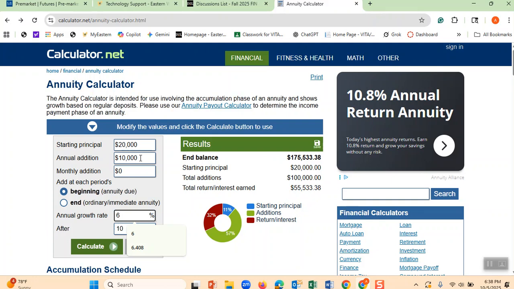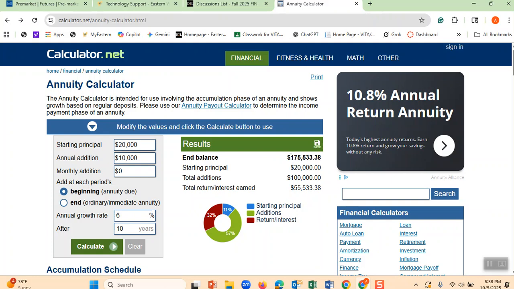That's a great smart idea for me to invest this money. That way, when I click calculate, when I become 65 years old, I will have $175,000 extra in my bank account,